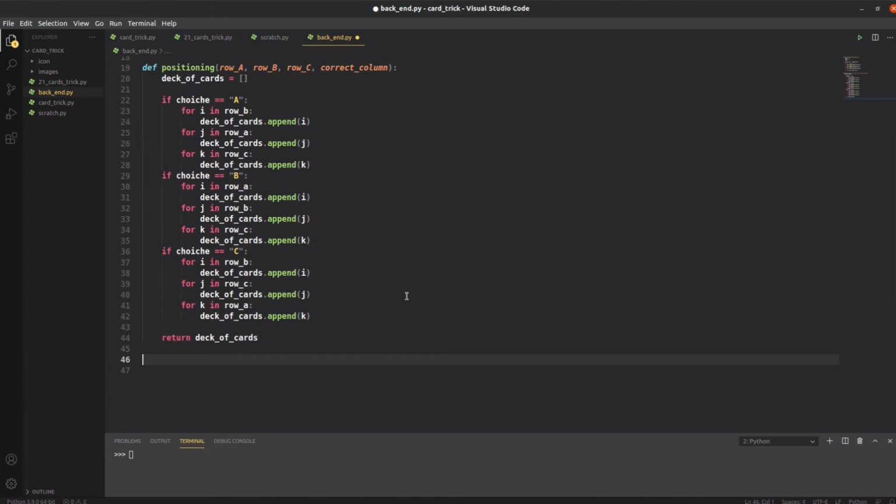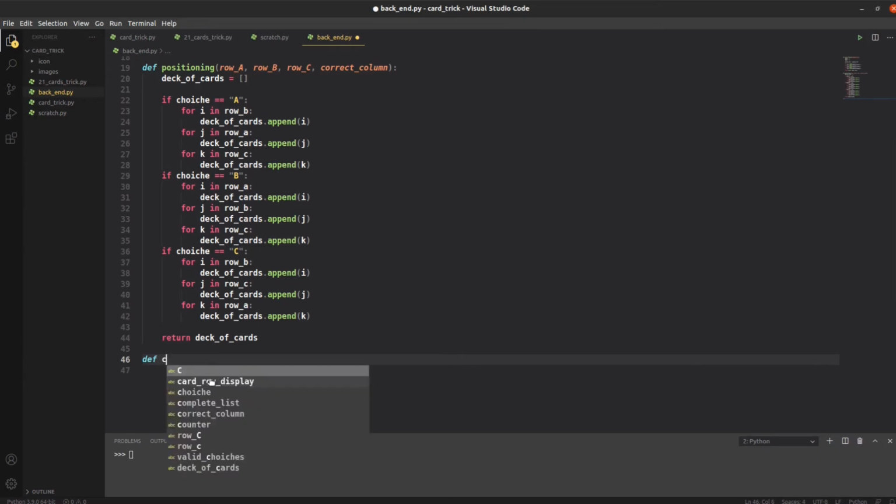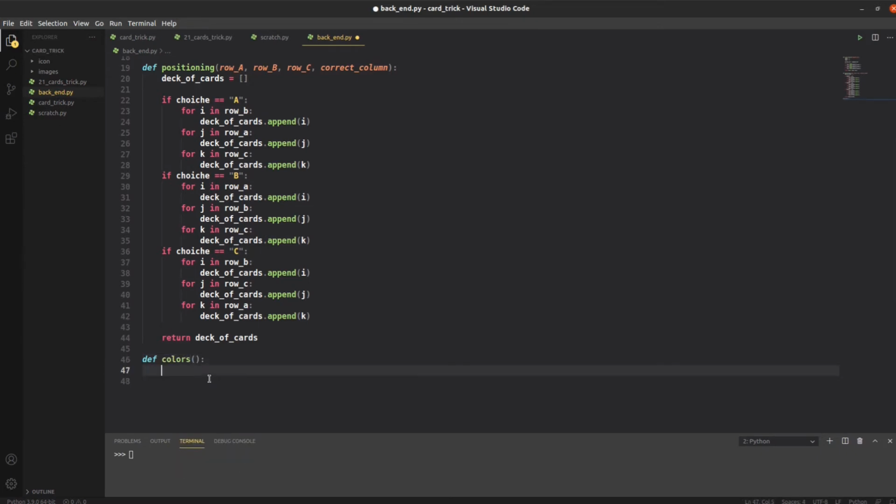Now that you have these functions defined, we also need some colors for our game. So let's create a function that is returning colors. So say here return, and we will make a dictionary of colors. So let's say